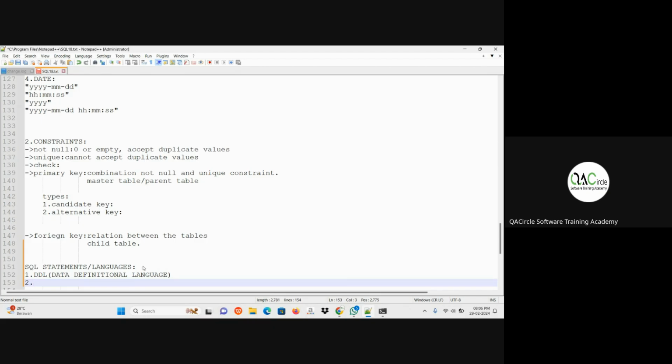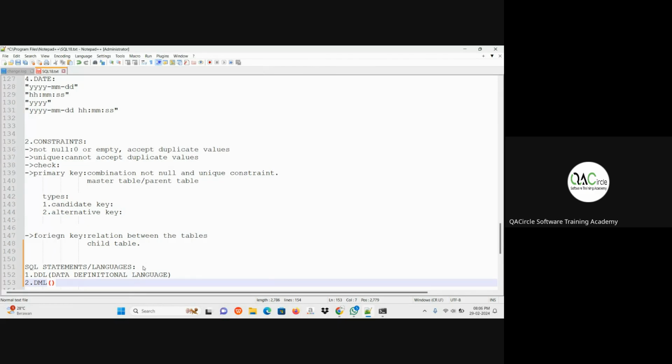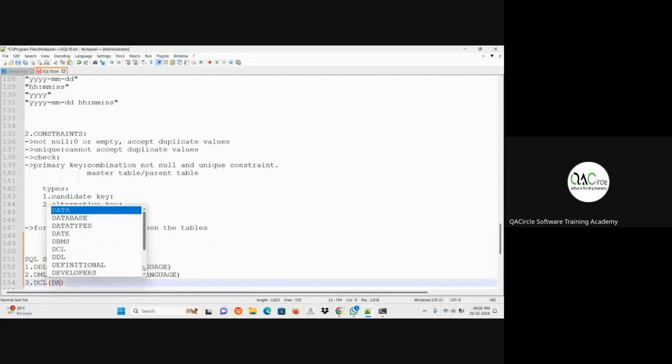The second one is DML, data manipulational language. The third one is DCL, data control language.